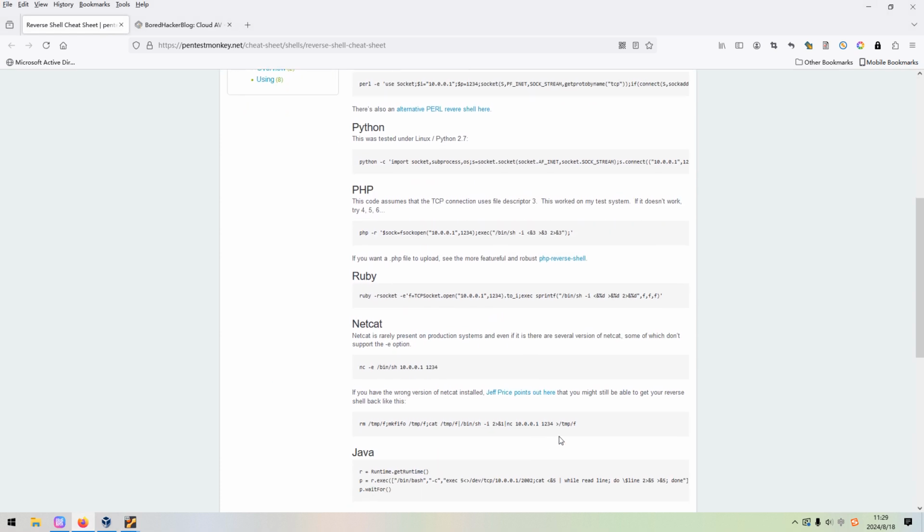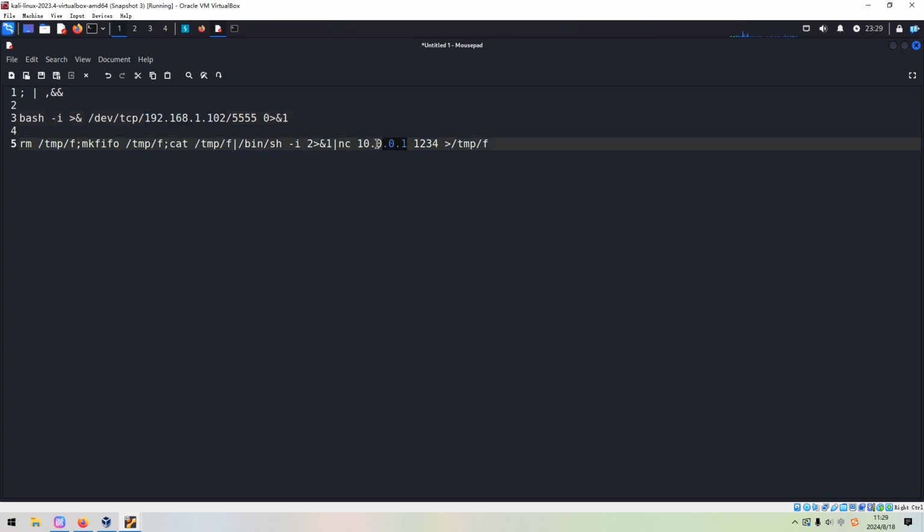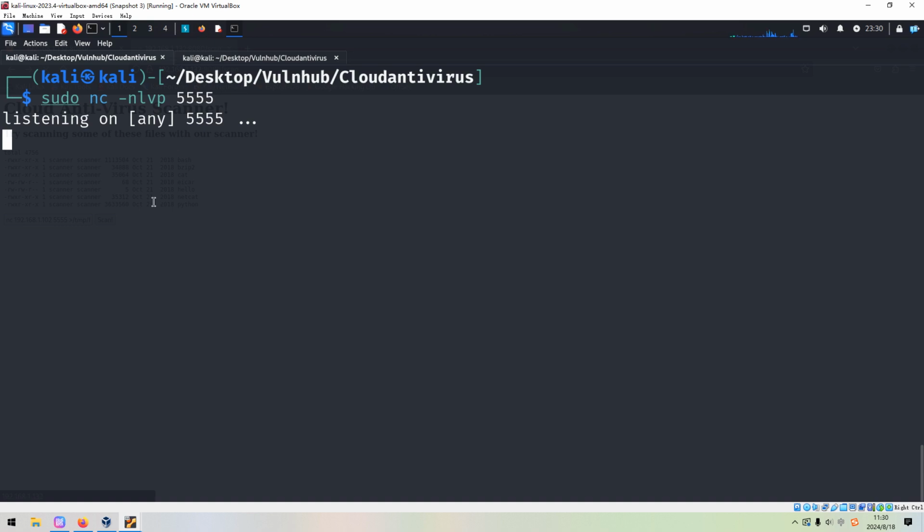For example, like this one, we can copy and paste over here, and we need to change the IP address to Kali Linux and the port number, and we can copy, and press scan to see whether we can get the connection from the target. Then we can move forward.